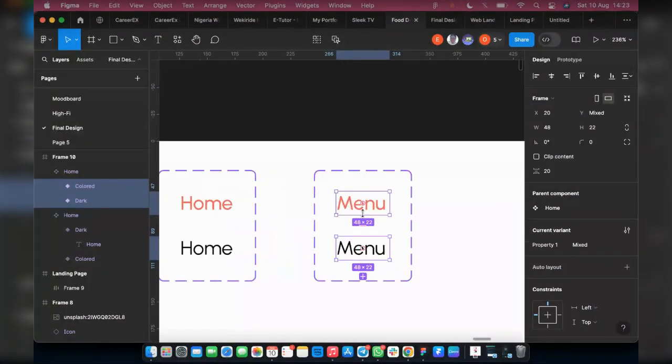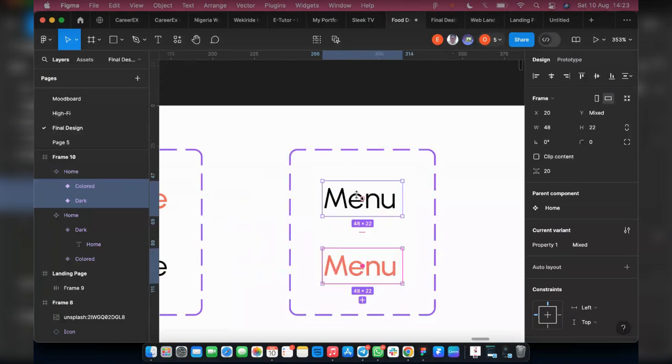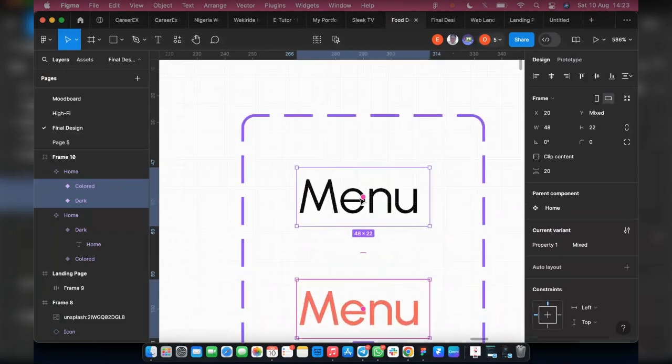I'm going to zoom in and hold this to just automatically change it. So that will only work if this pink circle